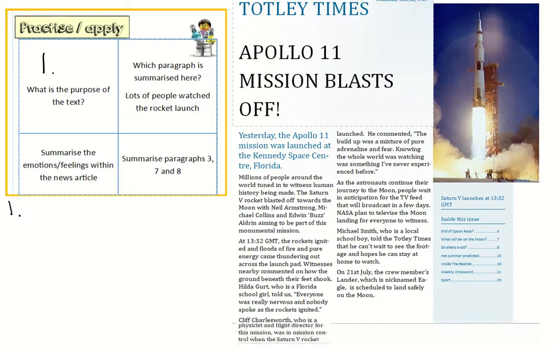So what is the purpose of the text? Well, what's the point of this text? Well, it's a newspaper report. And what's the point of a newspaper report? It's to give people information, to tell people what's happened. So the purpose of this text is to inform, oh dear, can't write with this pen today, inform and tell